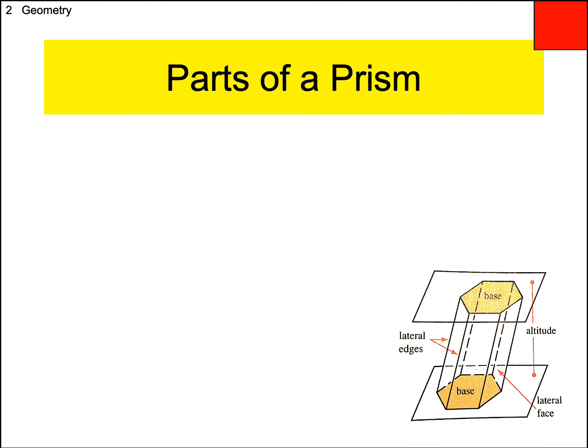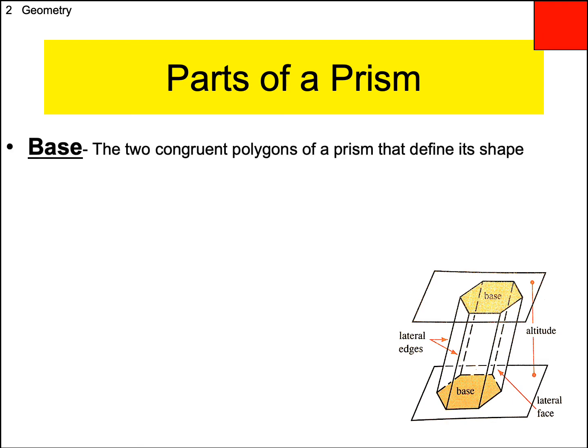But here's a slanted one. This is still a prism. There's lots and lots of terms and definitions here, so we're going to fill this whole page up full of definitions. Here we go. The first part of a prism is called a base, and these are the 2, and it's